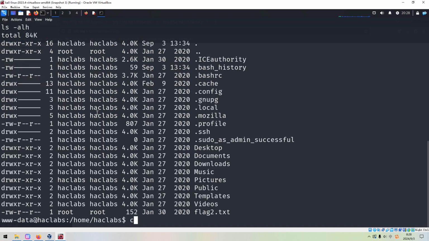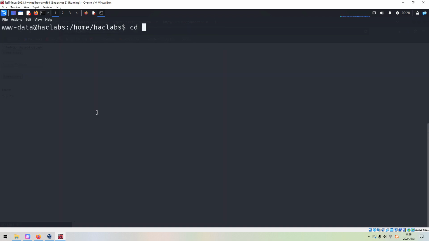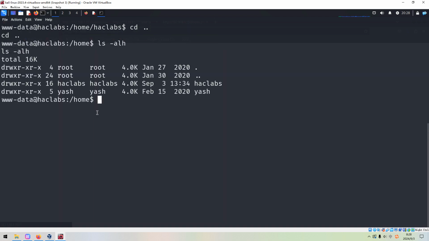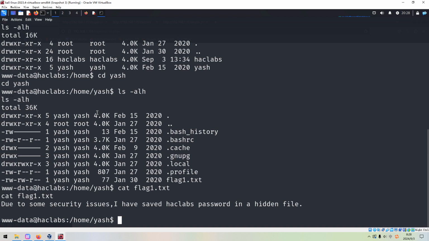Even we get the second flag, right? Okay, and now we can go back and go to Yash, and we can get the first flag. The order doesn't matter. So, due to some security issues, I have saved Hack Labs password in a hidden file.